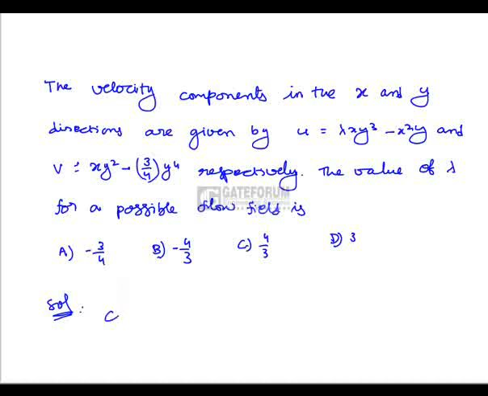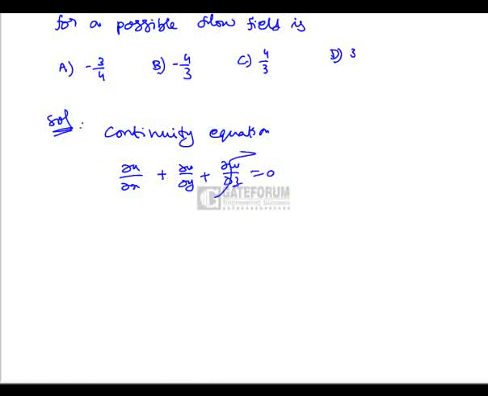So the continuity equation for any flow is given by dou u by dou x plus dou v by dou y plus dou w by dou z is equal to 0. But it is a two-dimensional flow. Here w is equal to 0, the flow in the z direction is equal to 0, so it must satisfy dou u by dou x plus dou v by dou y is equal to 0. And we know that u is equal to lambda x y cube minus x square y,